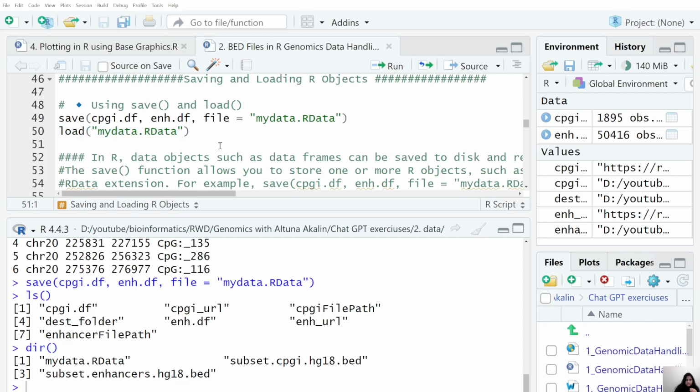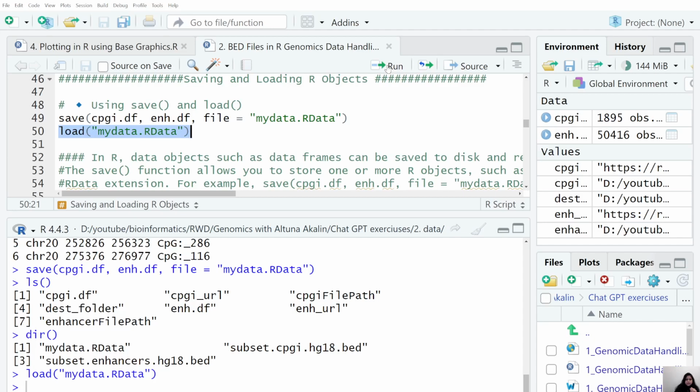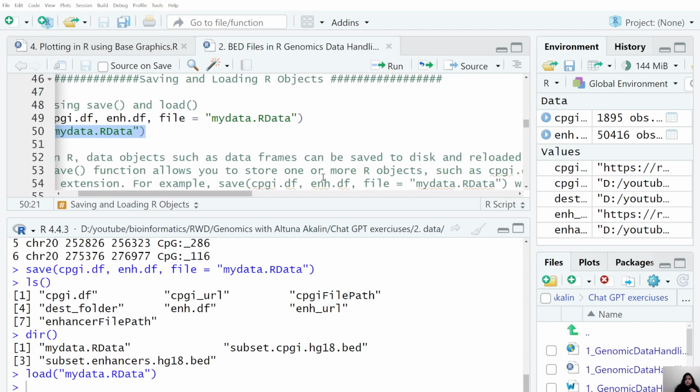Now after saving, let us load this RData into our environment, and as I run here, it has been loaded. And the next time, suppose you're working again after a few days, you can just load this object, and all the variables that you have assigned, all the R objects, will be loaded as they are in your environment again. Okay. So